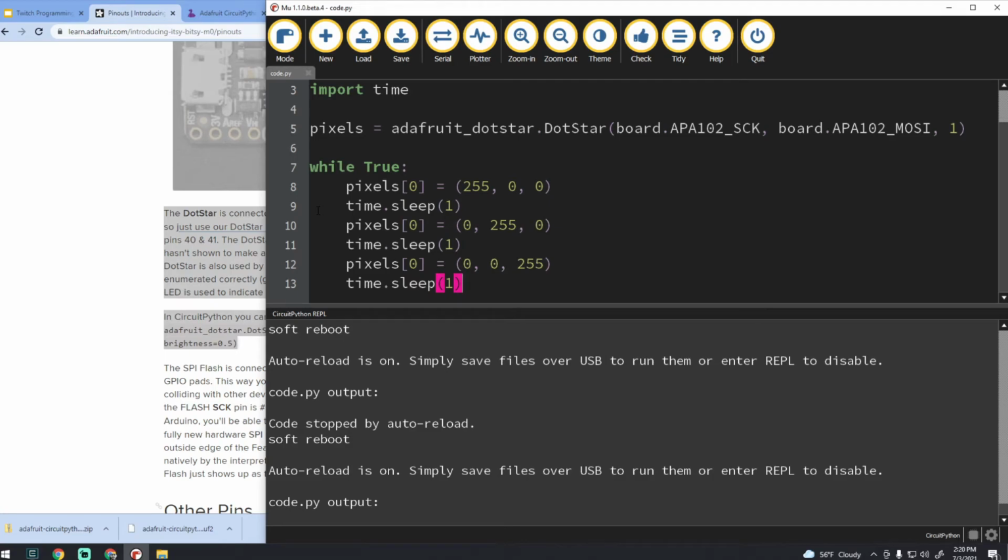So this is how to control the LED. Values can go from 0 to 255. I think if we wanted to do red and green, that would make yellow. Red, green, and blue... what do green and blue make? Purple, I think. No, red and blue make purple. Green and blue makes teal. This would make purple, I think. Anyway, you can play around with this, or we can similarly, if we